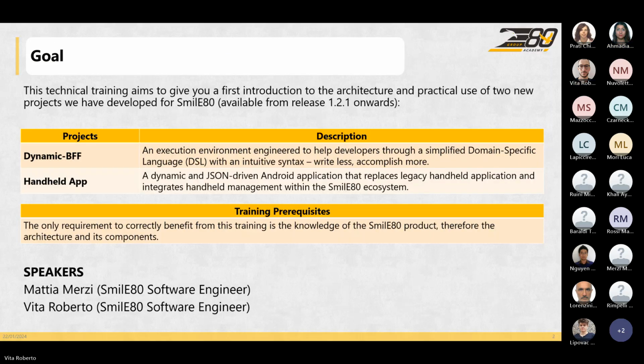Okay, let's start. As a quick recap of the last session, the goal of this training is to give you a first introduction to the architecture and practical use of these two projects that I and Mattia developed last year for the Smile 80 product. They are available from release 1.1 onwards. These two projects are about an execution environment that is the Dynamic-BFF. This environment